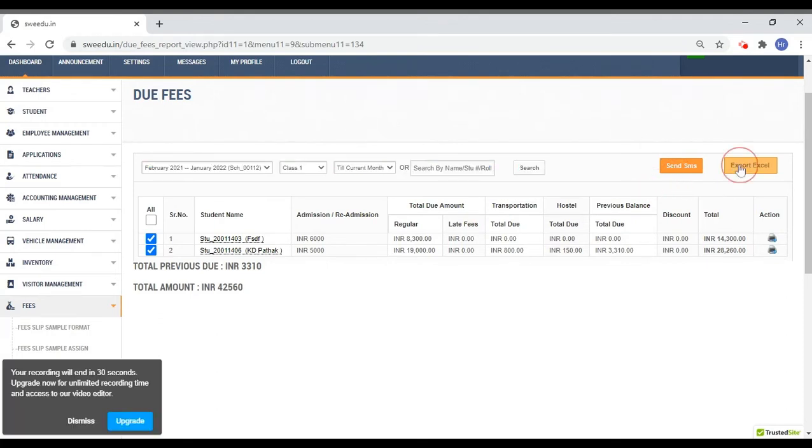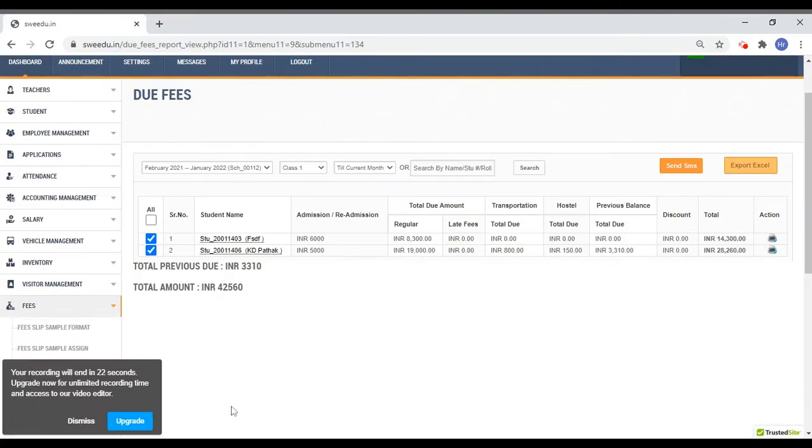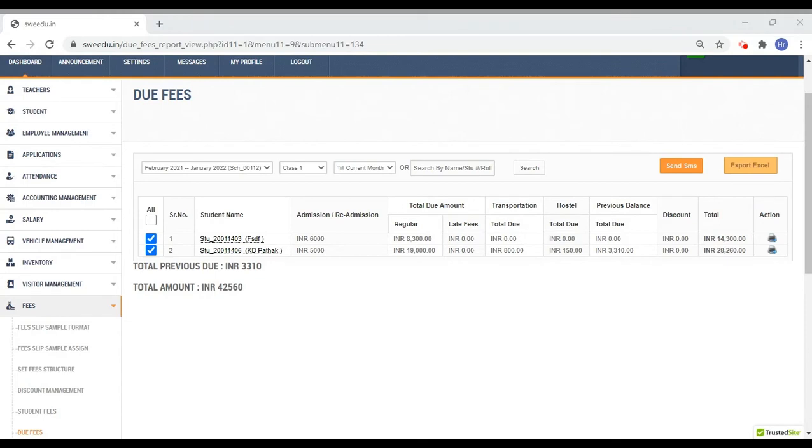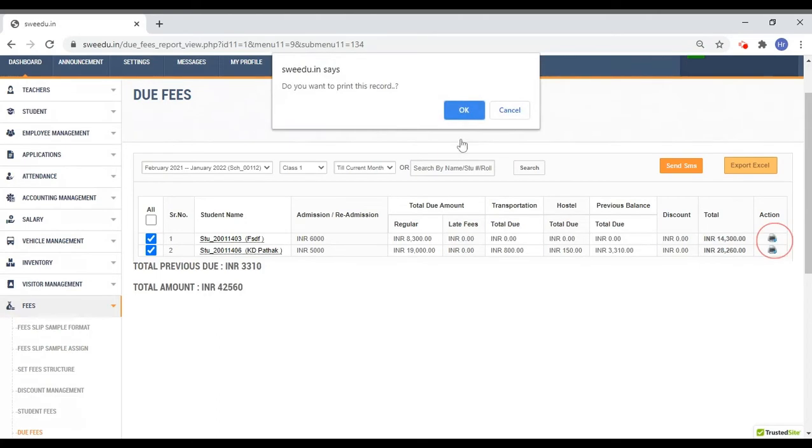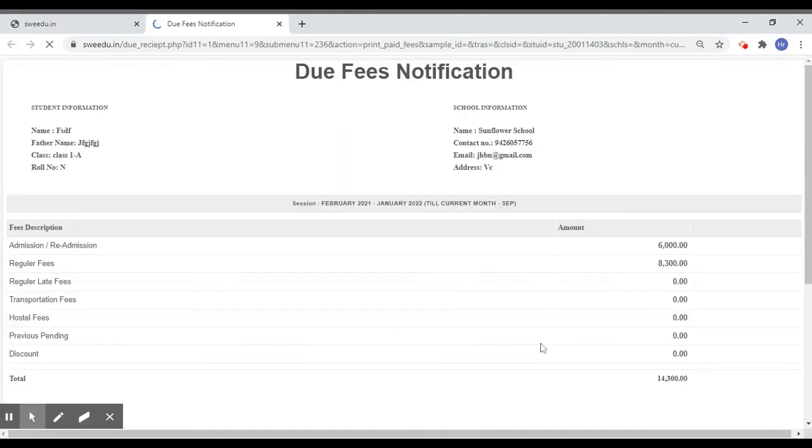All these data can be exported or printed as well, on the basis of class or a particular student.